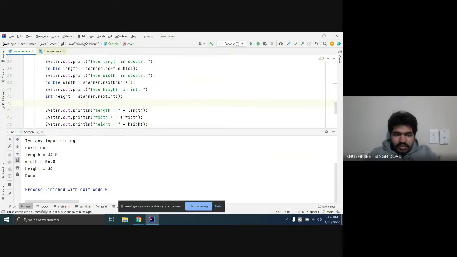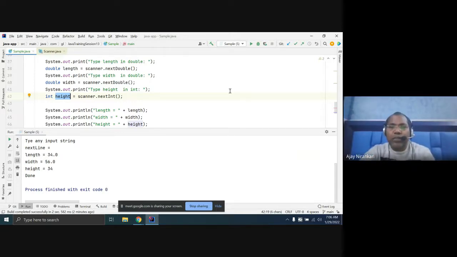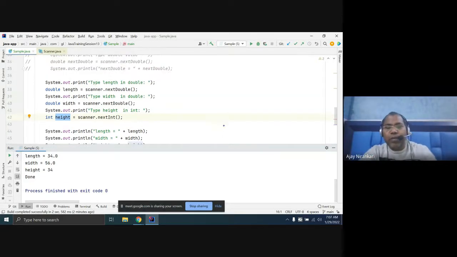Sir, what we were taught is that we type a height, then we press enter, and that enter goes afterward. To complete that enter, we write sc dot next line, because when we press enter, we have to wait for the next line, and we need that also. That enter comes at the place of next line, and we go next after that. So to finish that enter, we need to press that sc dot next line. We need to write that. Okay. Yes, this class has lots of different behavior. Basically, we have to try.